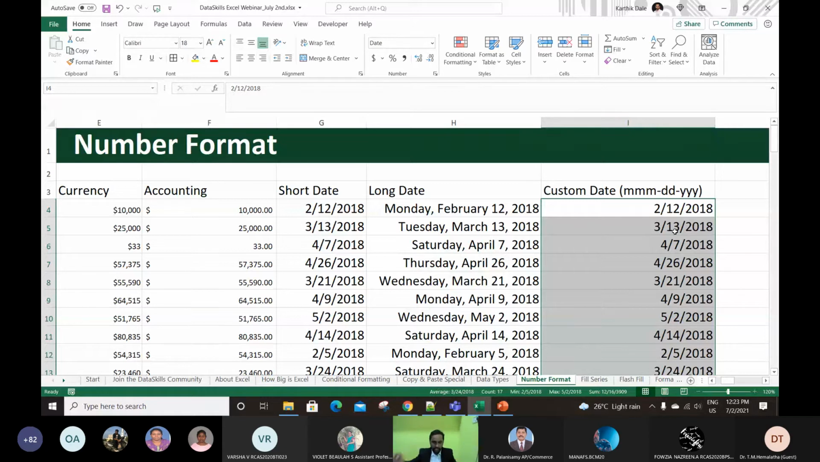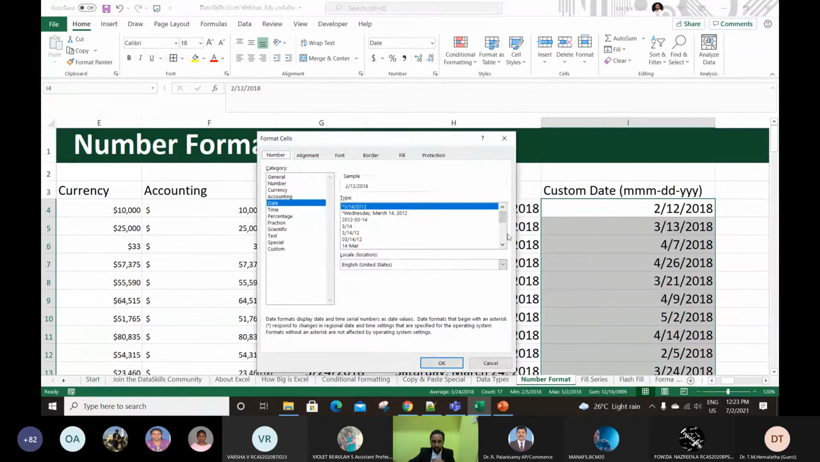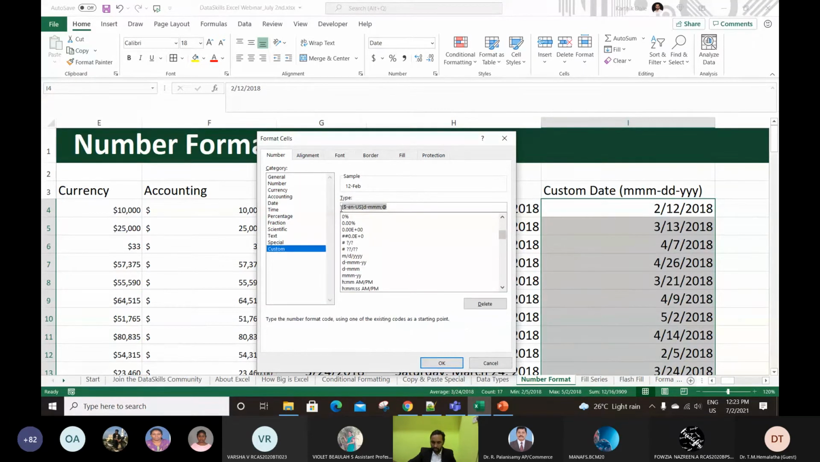You select all the dates, press Control 1. Once you press Control 1, it takes you to Format Cells. In Format Cells, under Date, there are many options available. If you like them, you can go with it, whatever you want. Whether you want to show month, then date, year, like this, many options are available. You can go with it. Otherwise, go to Custom, remove the existing one, and